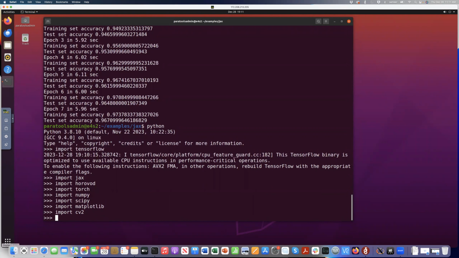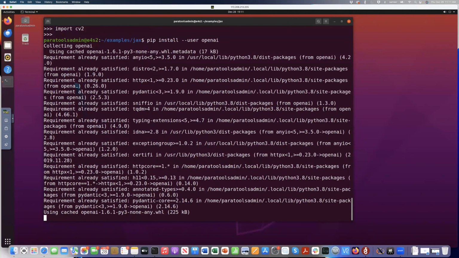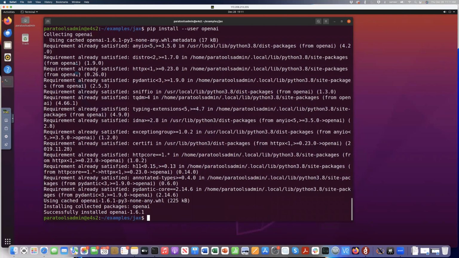Now, what happens when you need a package that's not included over here? Say you want the latest version of the OpenAI package from the ChatGPT interface. So you could say pip install --user openai, and then you'll be able to install it. The same package will be available on all the compute nodes. So let's go and